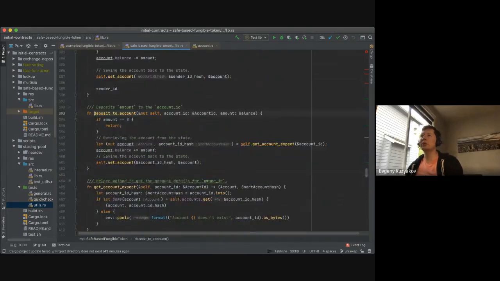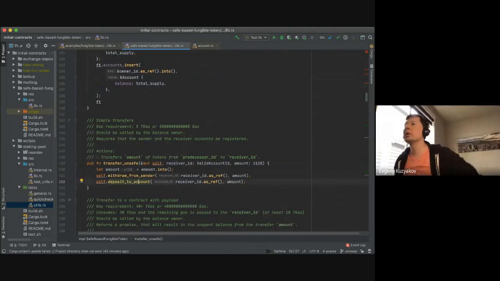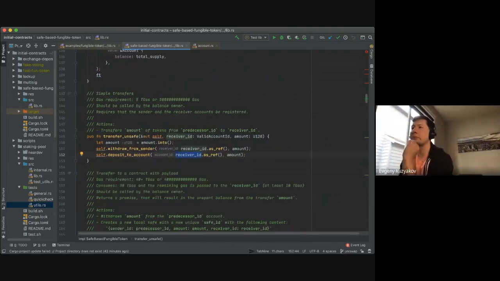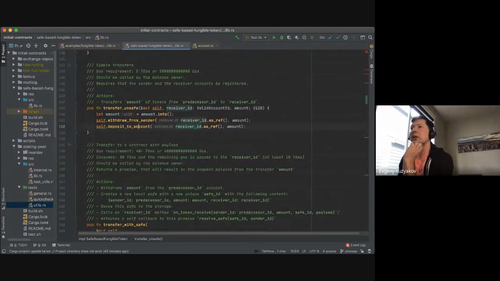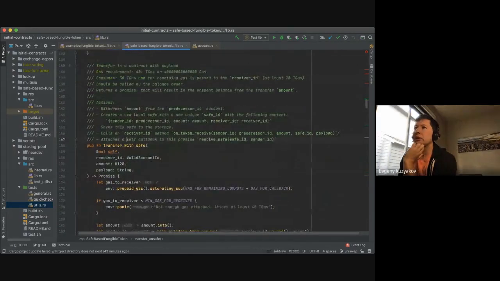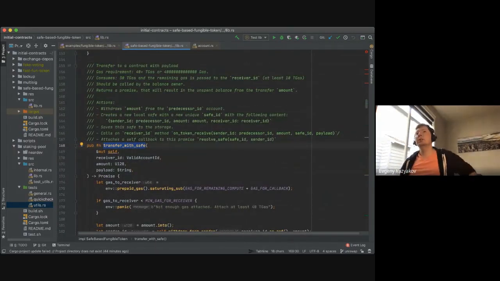And deposit to account deposits to the account that you pass. So in this case, a receiver. And the more interesting one is transfer with safe. The way it works is